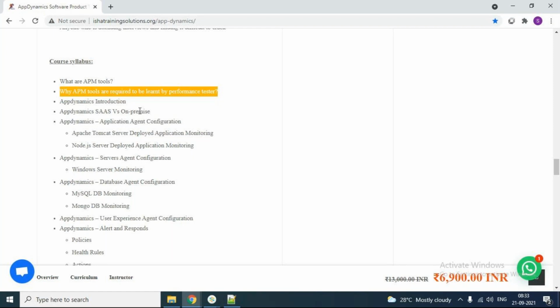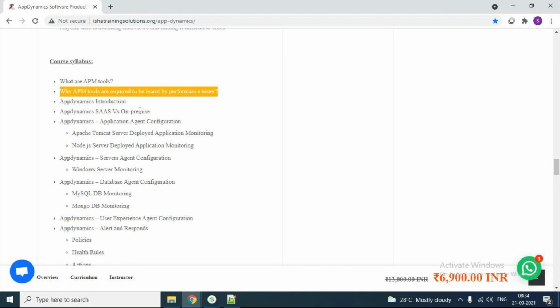AppDynamics also has a technology-based agent configuration concept. If you want to monitor a Java application separately, a .NET application separately, a Node.js application separately, you can install the respective agents.